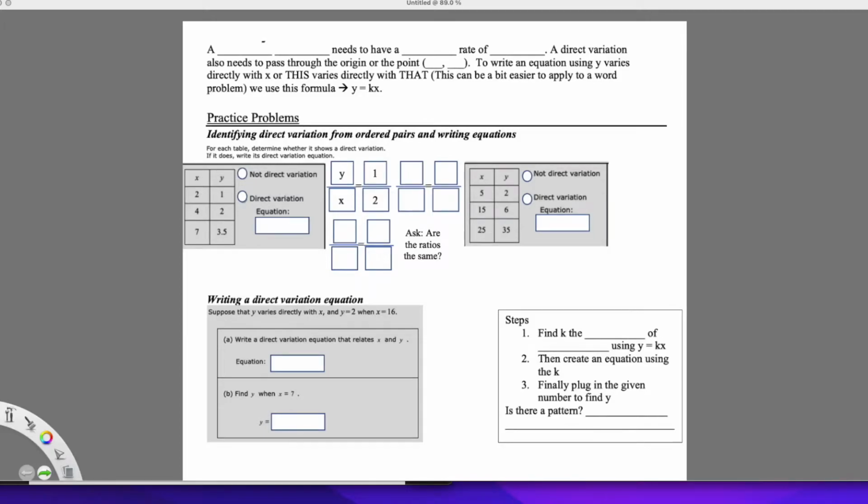Alrighty, in this video we're going to start talking about direct variations, which is just another form of a linear equation. We've been dealing with linear equations for a while. Literally, an equation, when we graph it, is a line. So a direct,